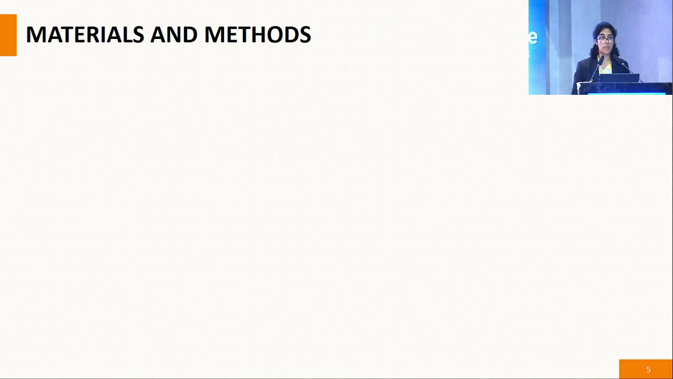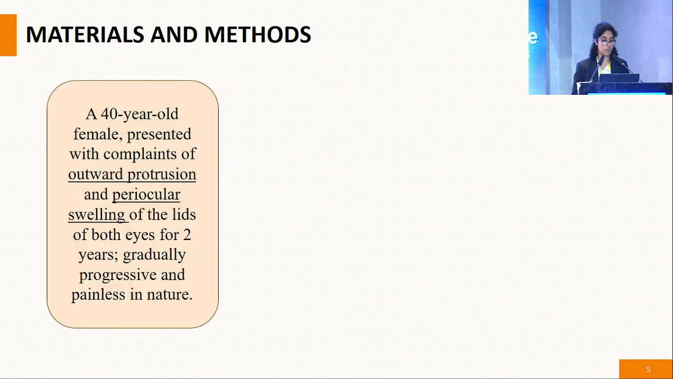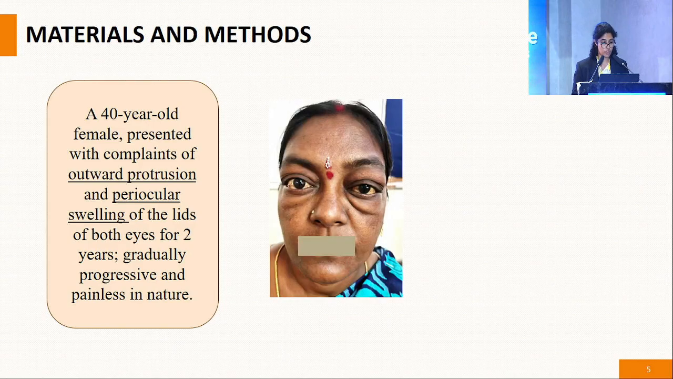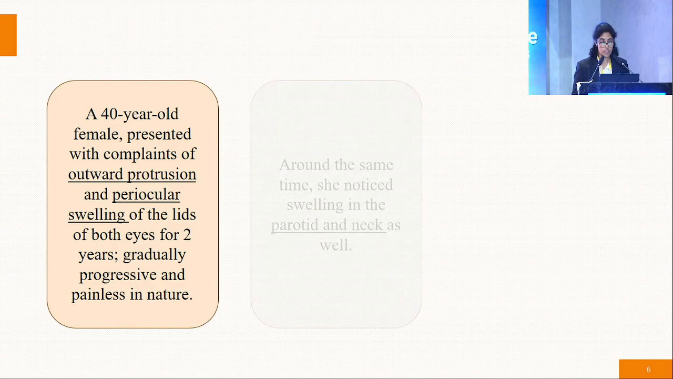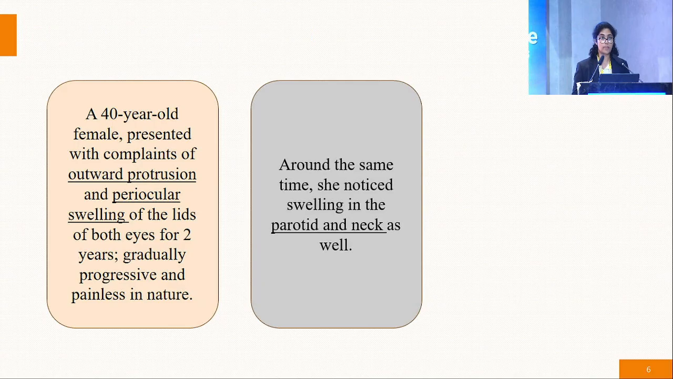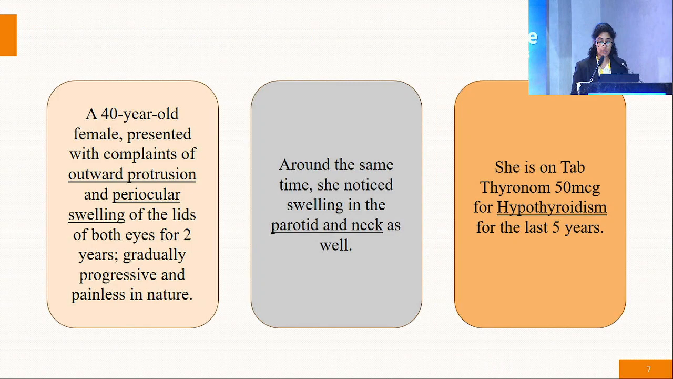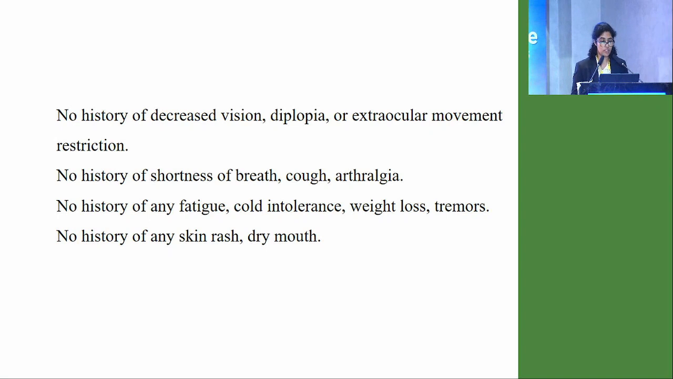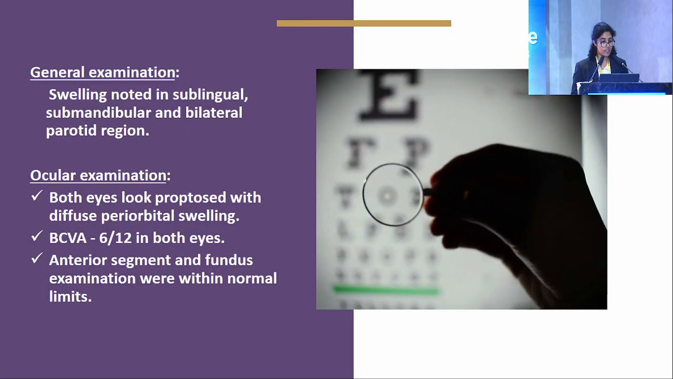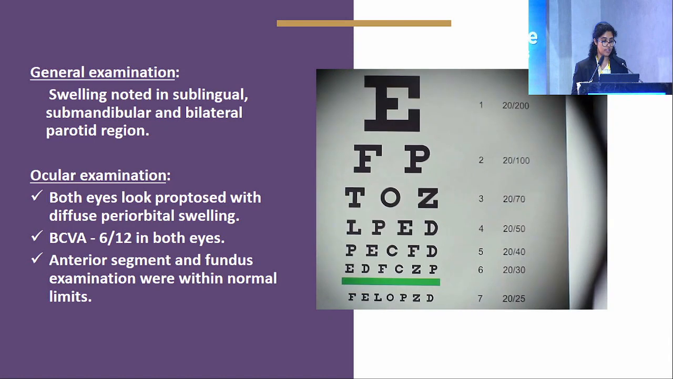The materials and methods involved in this case: there was a 40-year-old female who had presented to our OPD with complaints of outward protrusion and periocular swelling of the lids of both eyes for 2 years. It was gradually progressive and painless in nature. She also had noticed swelling in the parotid and neck regions at around the same time. She is a known case of hypothyroidism on treatment with thyronorm 50 microgram for the last 5 years. There is no other significant history as such, and since general examination had showed a swelling in the sublingual, submandibular